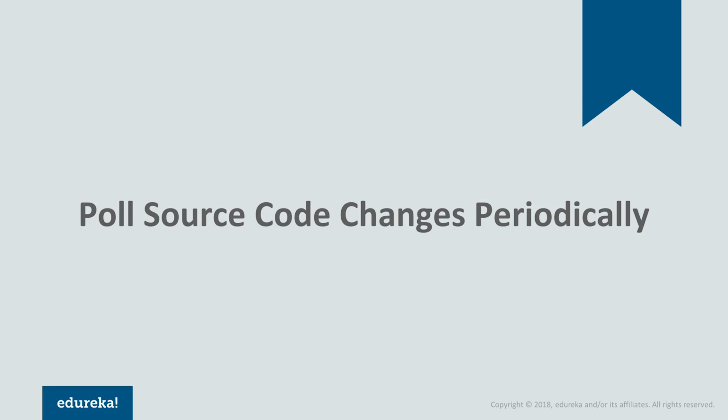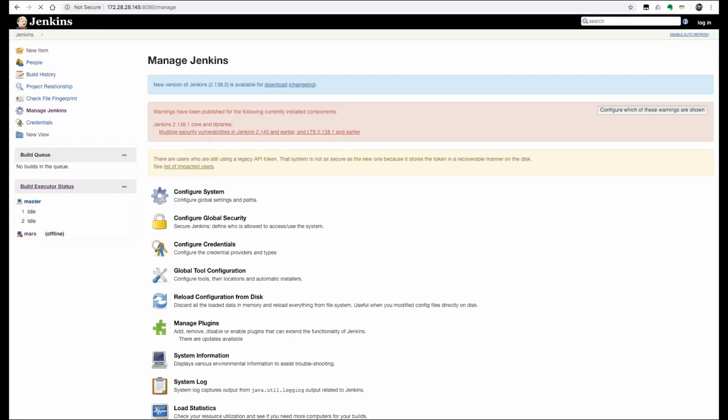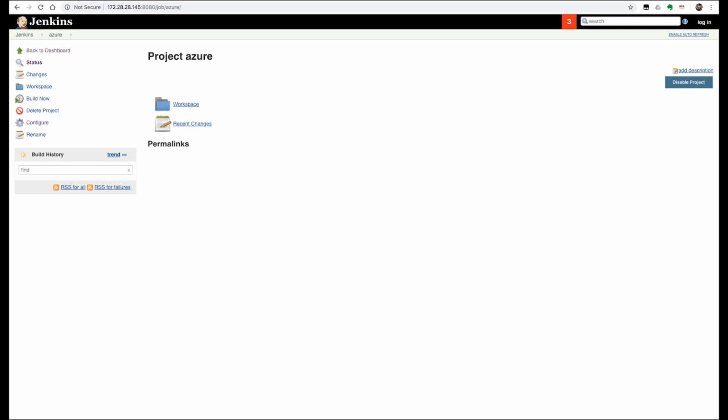let's take a look at how and where all these configurations are done and where exactly these things are located. So here I am on my Jenkins master, and if I go to Manage Jenkins, as I said, Git and Maven are two of the default plugins, so they will be installed by default. What we need to make sure is that, in fact, for Git, you don't need to do any kind of configuration. So again, if I go to this Azure job which I had created earlier, and if I go to the configure page,